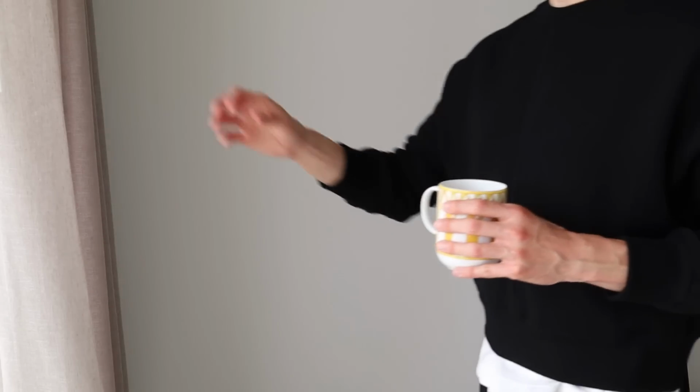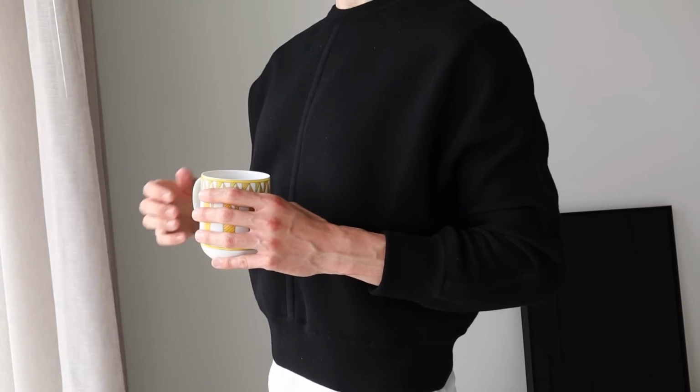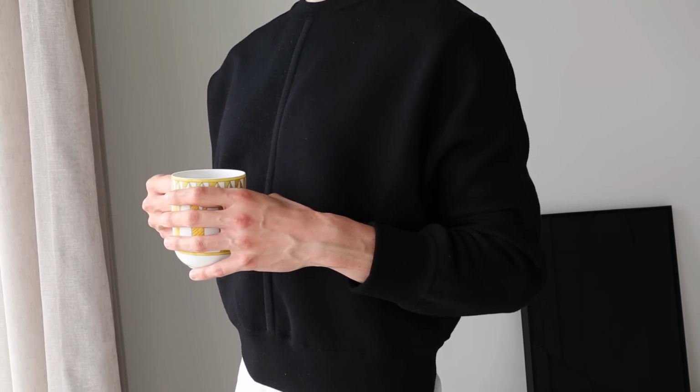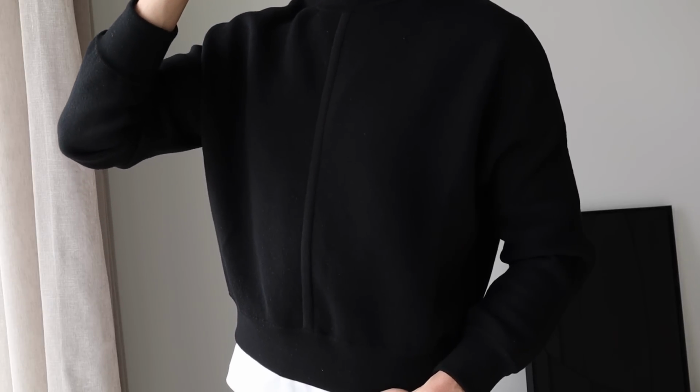The piece that I ended up picking up is their so-called long sleeve sweater, which, looking at this, you would probably think is genuinely just a plain old long sleeve sweater in black, which, I mean, there's nothing wrong with. It's very much on brand for me to buy a black sweater every single season, but there is something special about this piece, and I will do a ton of mod shots for you to show you